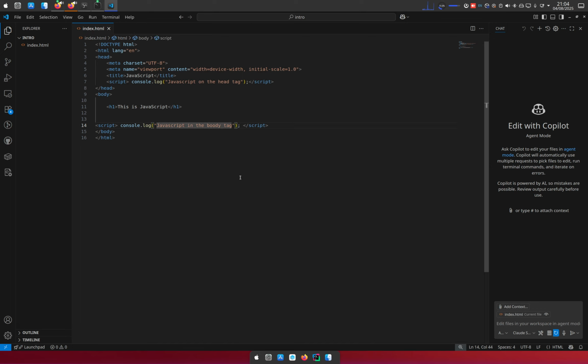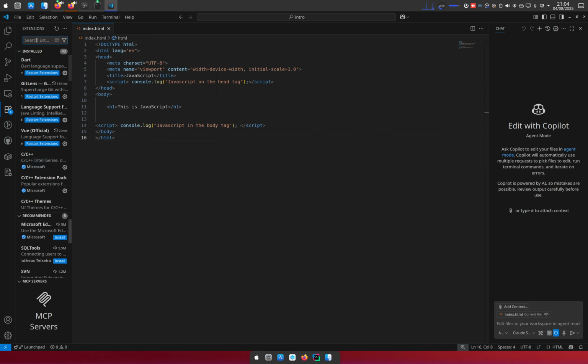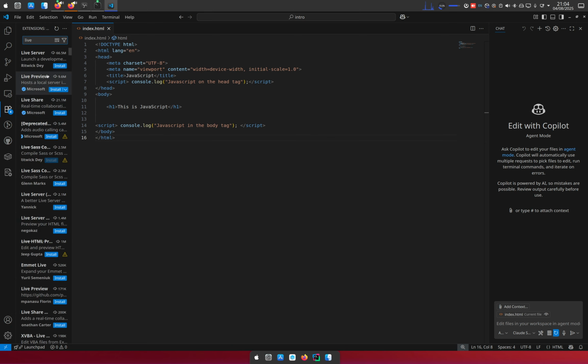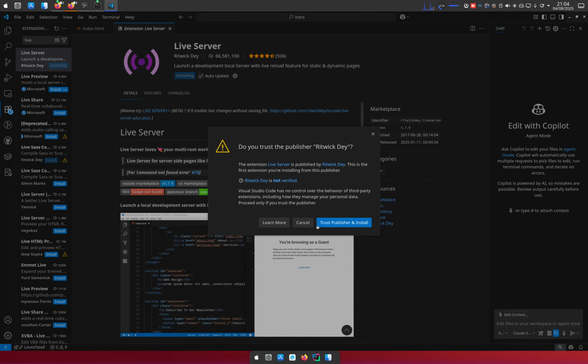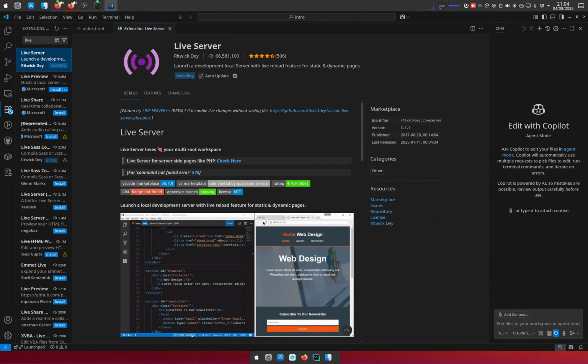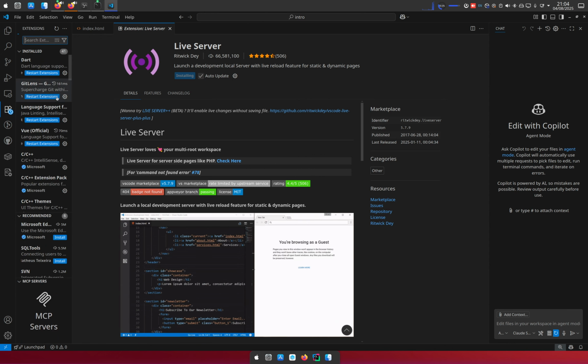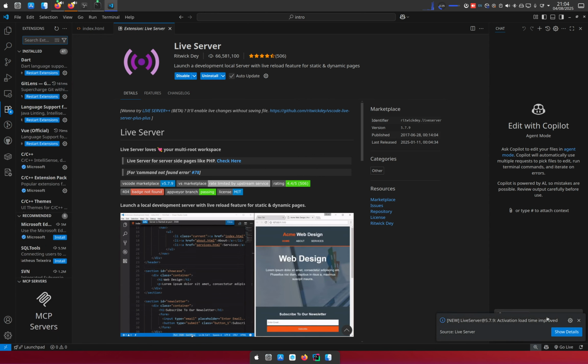I don't know if you guys were taught how to use the live server, but basically, I don't know if I have live server to start with. Let me check. No, I don't have live server, so I have to install it. After installing live server, I should be able to just run JavaScript stuff. Okay, so let me see. Yeah, I have the live server installed, because I can see this Go Live.